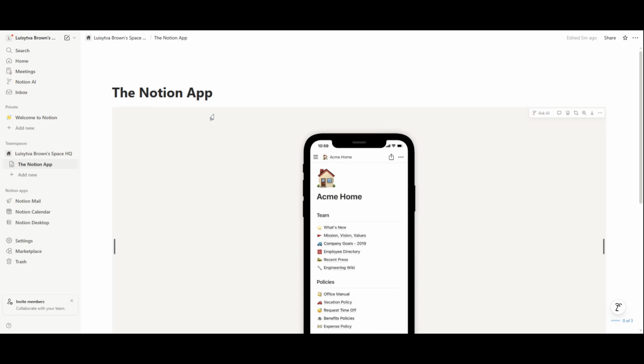In today's video, I'm going to show you exactly how to use the Notion app step by step, even if you're a complete beginner. Notion is one of the most powerful productivity tools available, and you can use it for notes, task management, project planning, and so much more. By the end of this video, you'll understand the basic building blocks of Notion and how to start creating your